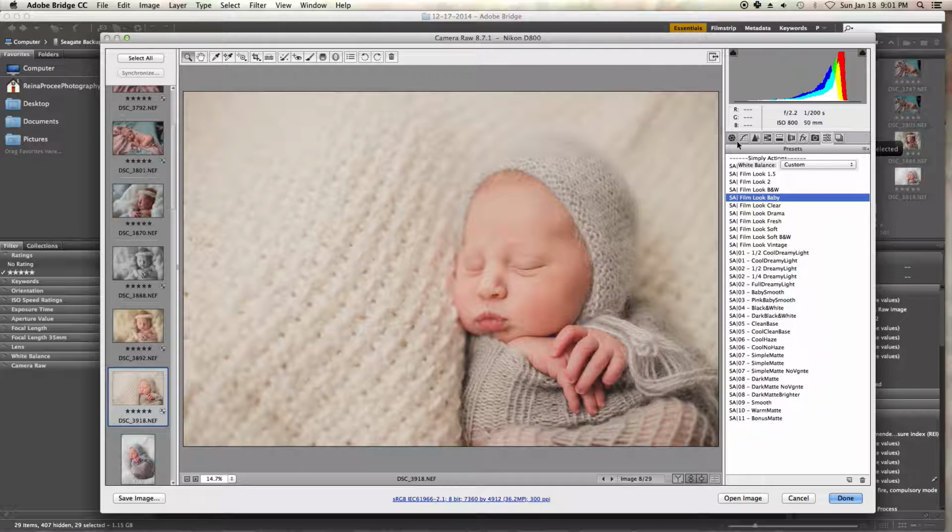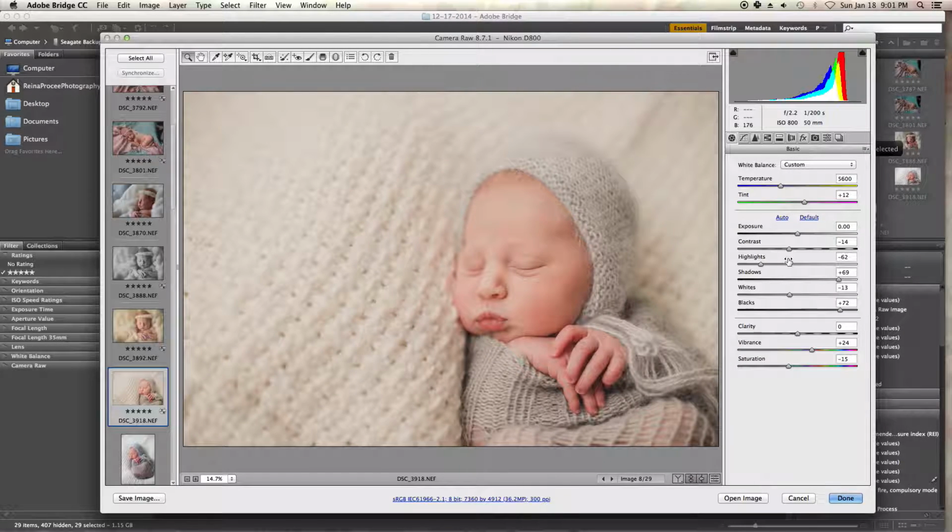So with this one, it's a little bright, as you can see. So you could bring down the highlights if you feel like the shadows are really pretty. I would also bring down the exposure just a little bit, and I would also make it a little cooler. Another thing you can do is whenever you have white or gray in your image or black, you can go